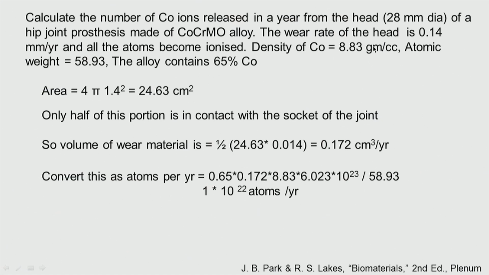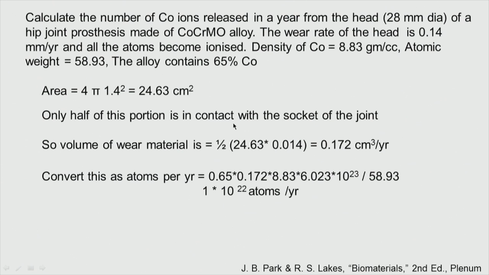When we multiply by density of cobalt, that will give you gram of cobalt, that is 8.83. When we divide by 58.93, that atomic weight of cobalt, that will give you a mole of cobalt. When we multiply by the Avogadro number, that will give you the atoms of cobalt. So 10 power 22 atoms of cobalt are leaching out when there is a wear of 0.14 of the hip